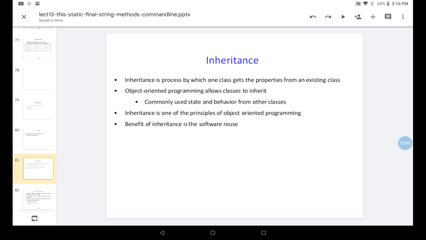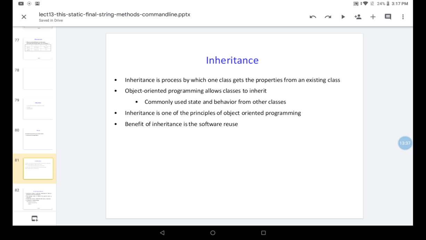With inheritance we have so many advantages also, which we will discuss as we move on into the topics. The main benefit of inheritance is software reuse. If the properties or methods related to a particular class are already created and you want to use them in your class, there is no need to write the code again.